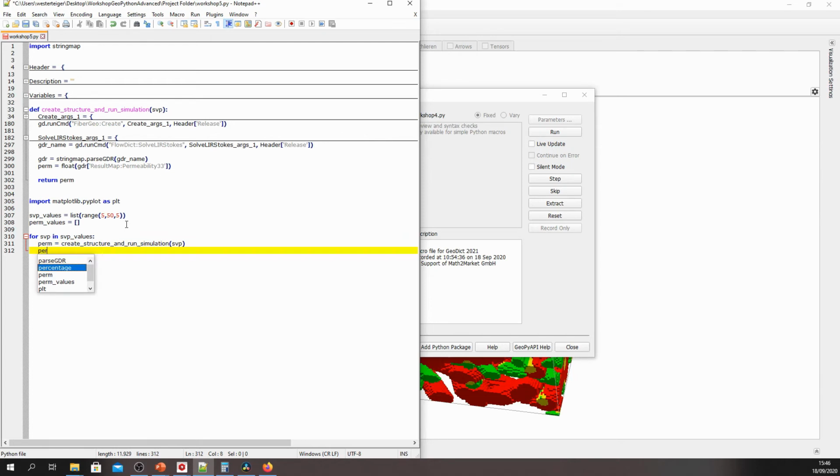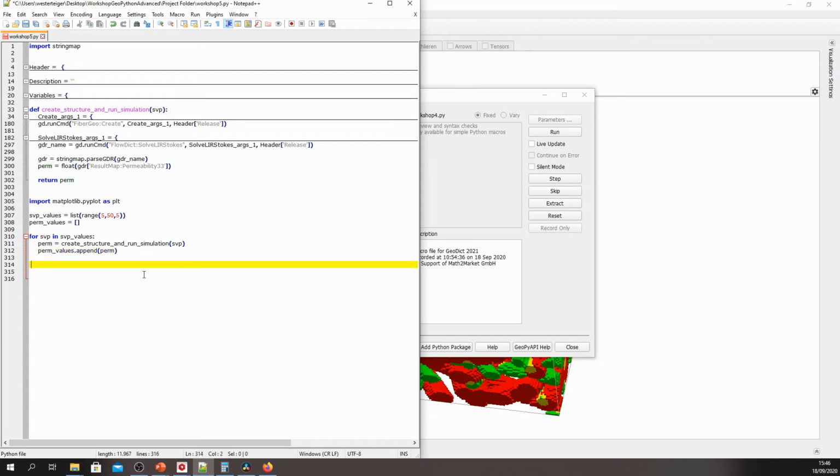And now we write perm values dot append perm in round brackets. So what this loop now does is, again, it iterates over the SVP values, computes the permeability, and for each permeability, that permeability is appended to the perm values list, which is initially empty.